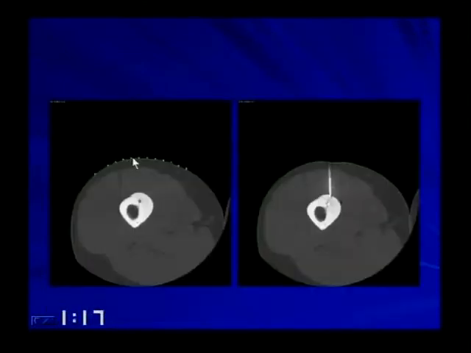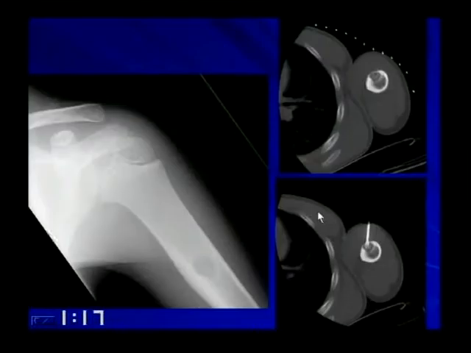Now, this is what we're doing now, these radiofrequency ablations. We drill into there and put the probe in and zap this lesion. Here's another patient that has this nidus. There it is on CT, and here it is with the radiofrequency ablation probes in it.